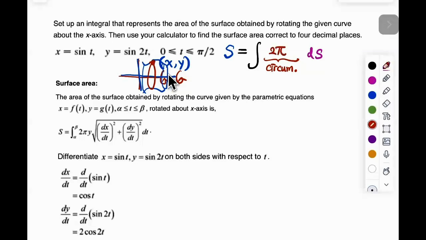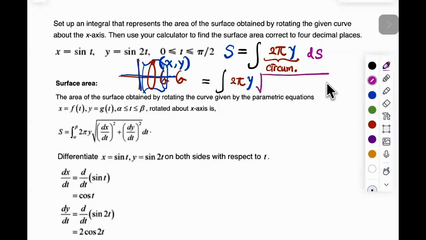Yes, you got it. 2 pi y. And now I don't put any upper and lower limit over here. I need to decide what to put for dx, and then I put the upper and lower limits. Now that's equal to, I'm going to still put the 2 pi y over here. For the dx over here,